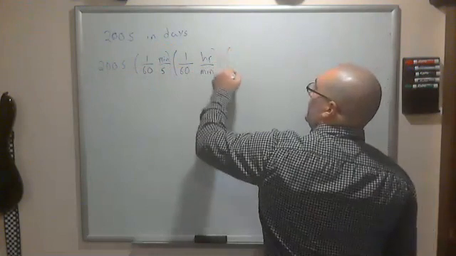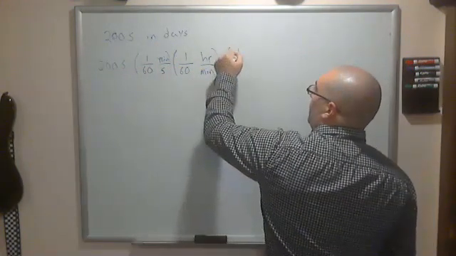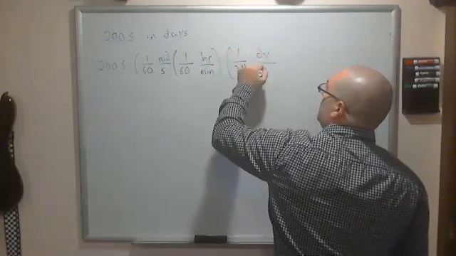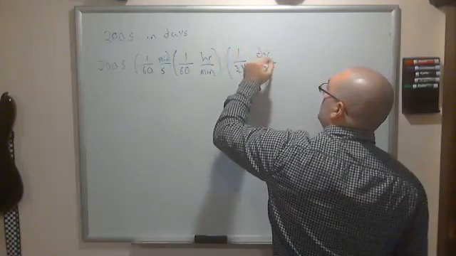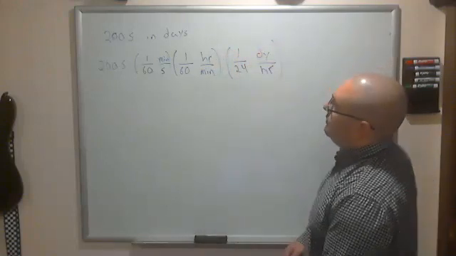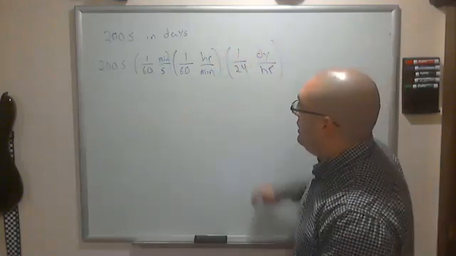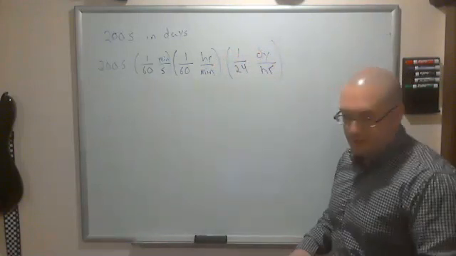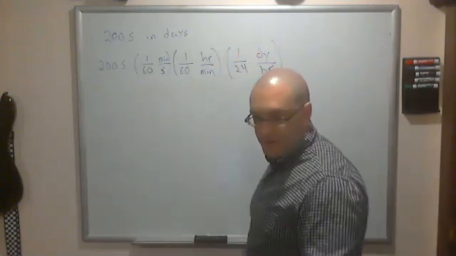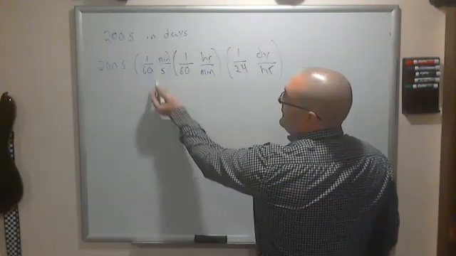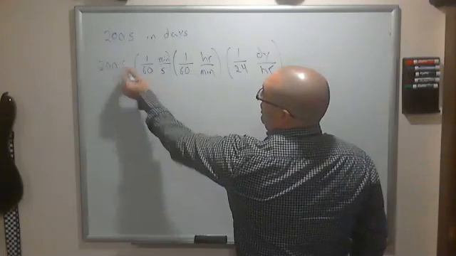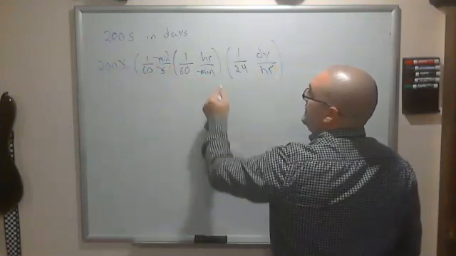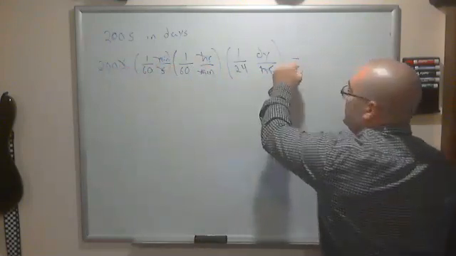And then we have 1/24th of a day in an hour. If somebody wants to do the calculation real quick, this is 3,600, and then times it by 24. I don't remember the number off the top of my head. If you want to write it in, that would be helpful. But if you follow the chain of the units, seconds cancel out over here, minutes cancel out over here, hours cancel out over here, and we're left with,